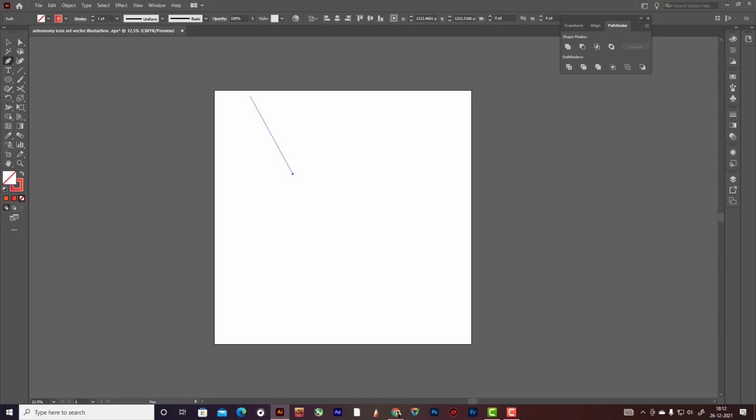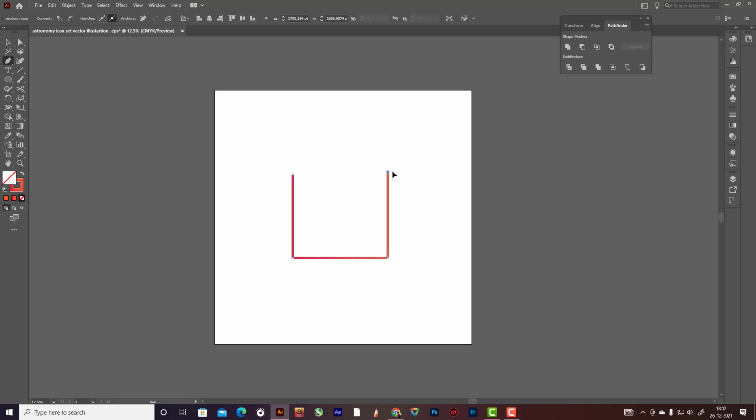Here this is a stroke, and increase the stroke size, so you can see what I'm doing here. Straight, holding shift and click here. Okay, so it's here, and now with the direct selection tool, like this. Okay,